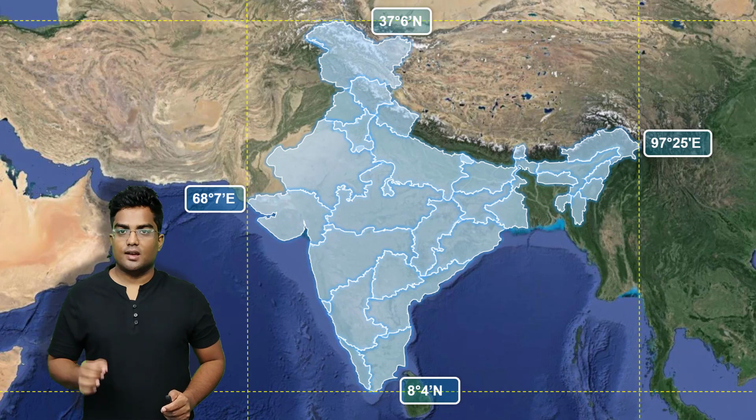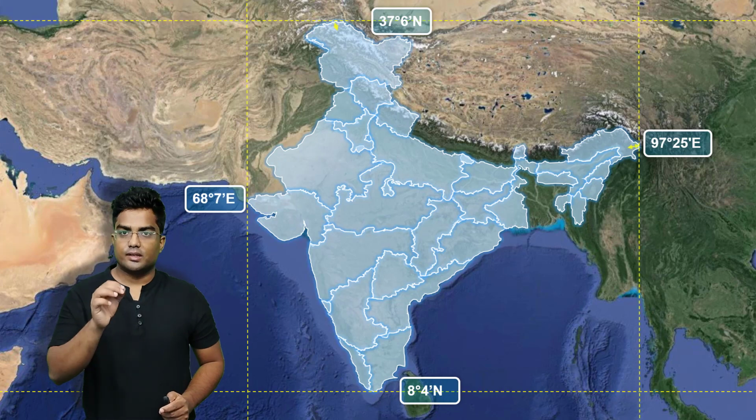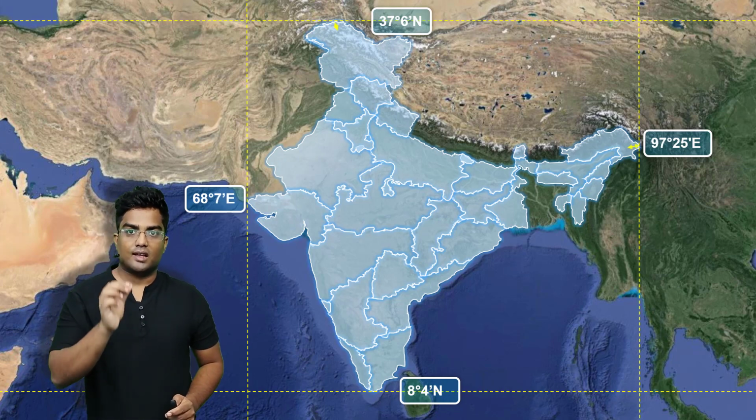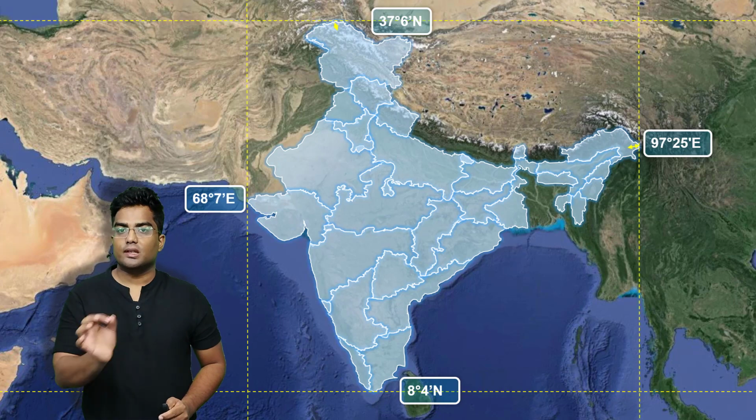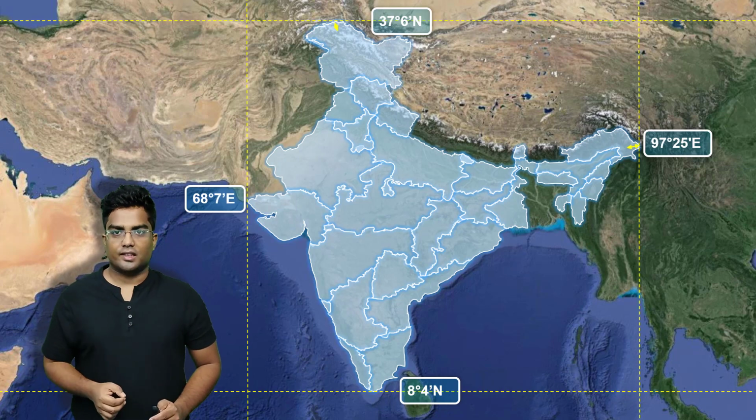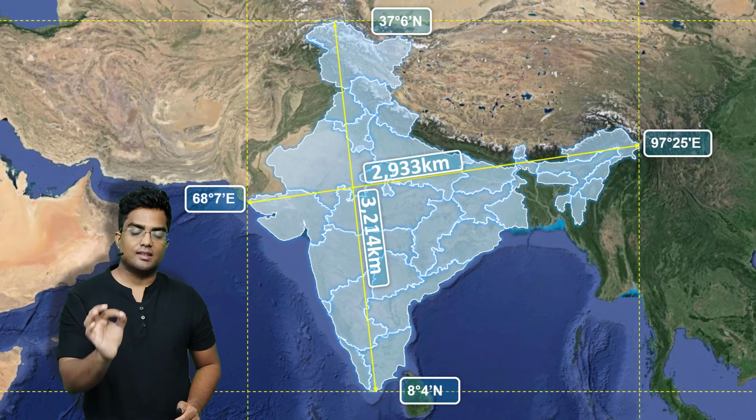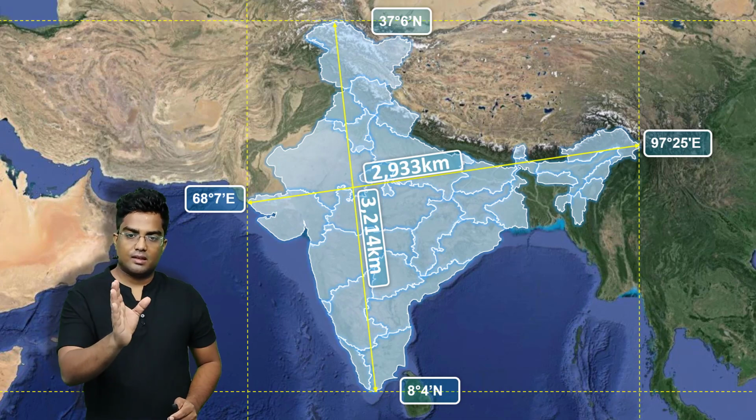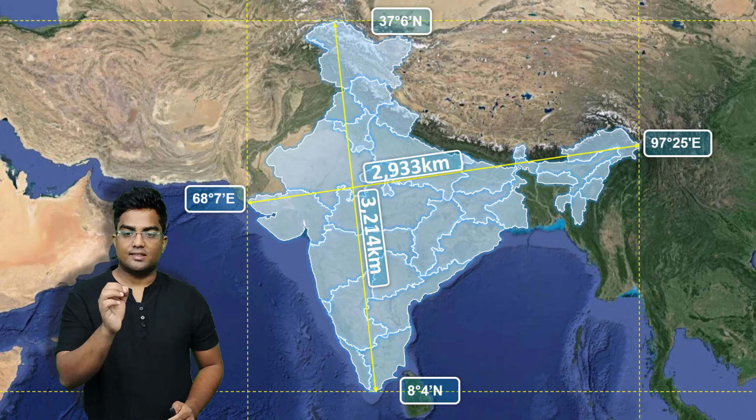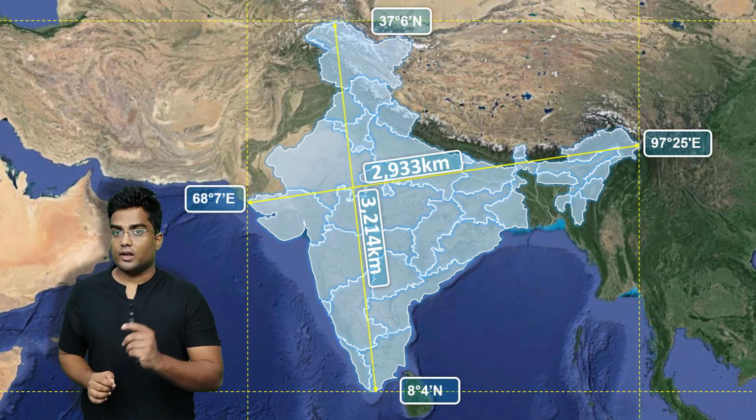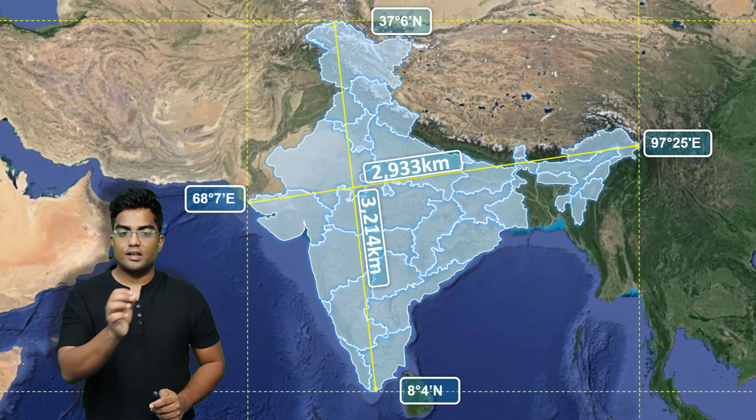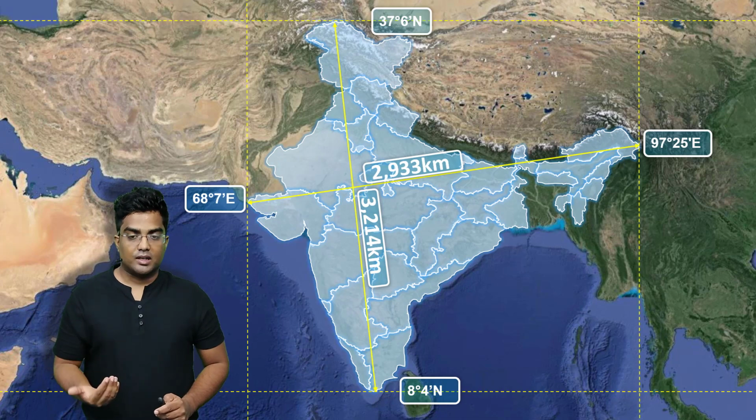So now let's discuss the distance between the extreme points. As you can see, there is a distance between the northern and the southern extreme. Similarly, there is a distance between the eastern and the western extreme. Let's know about that. The distance between the northern and the southern extreme is 3,214 kilometers,